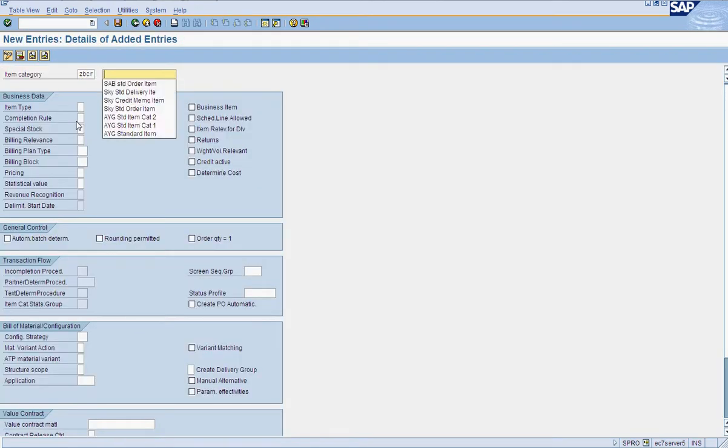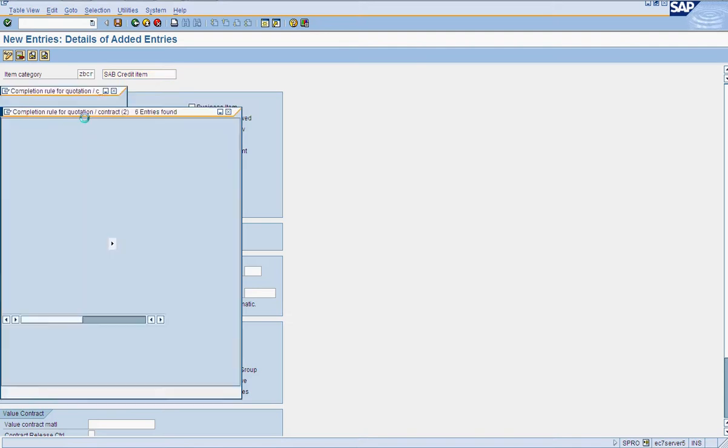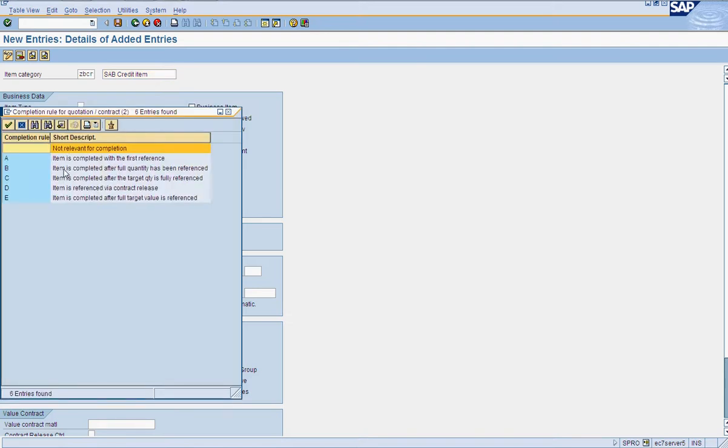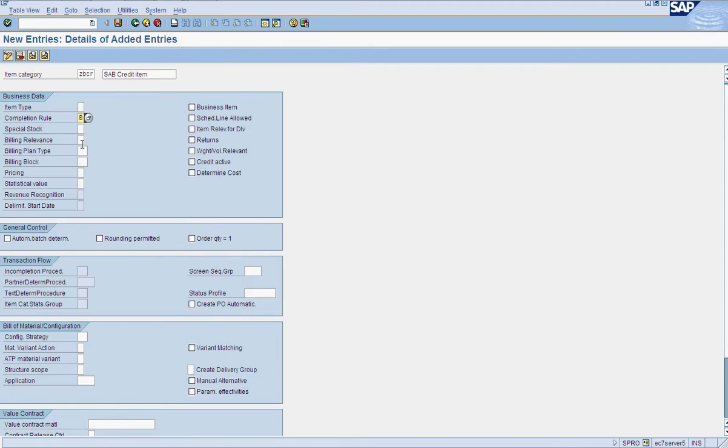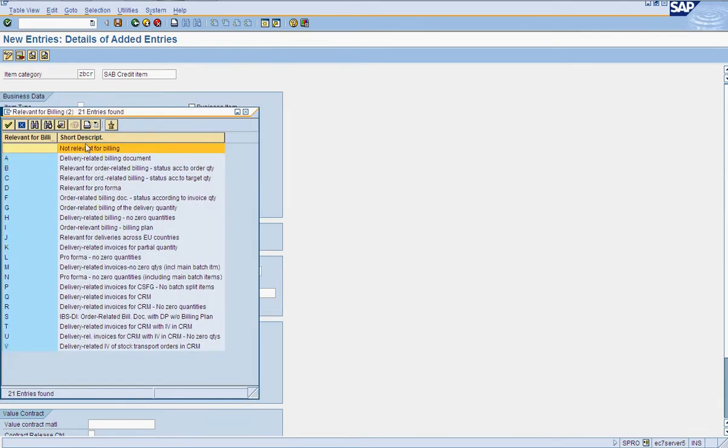Now we will be creating our credit item category. Completion rule. Whether it's billing relevance, it's an order related billing.